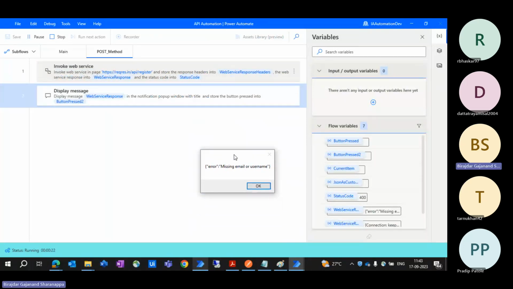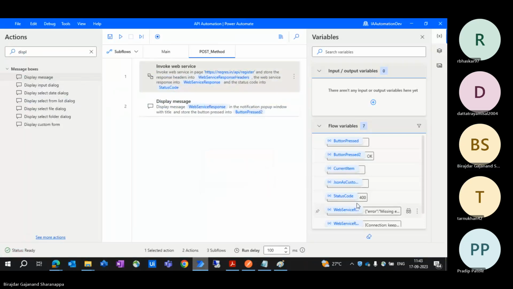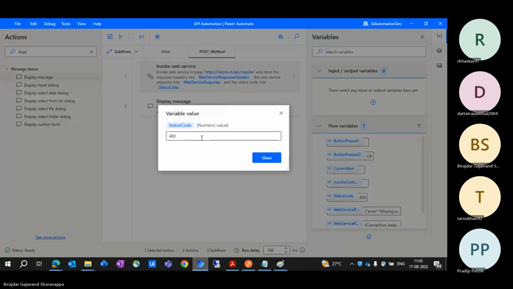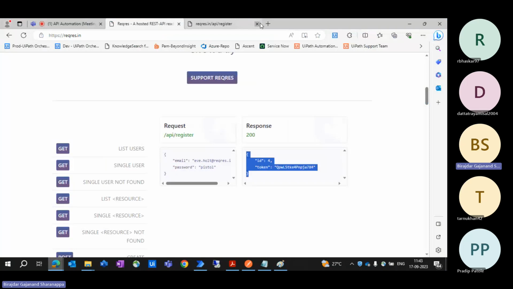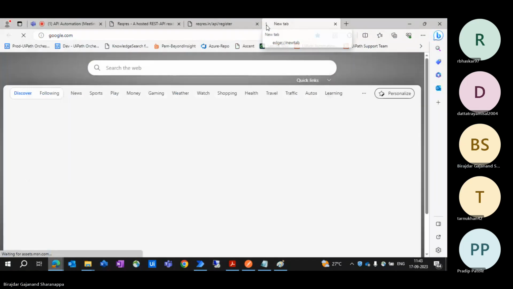We got an error code. Okay, maybe we are missing something. What is it saying? Missing email or username. And what status code did we get? 400. What does this mean? Let's search what this means. 400 error means